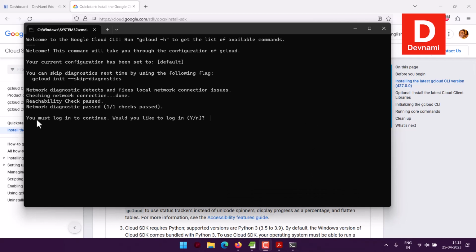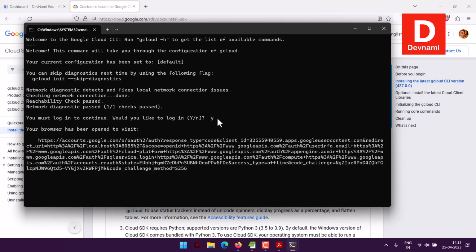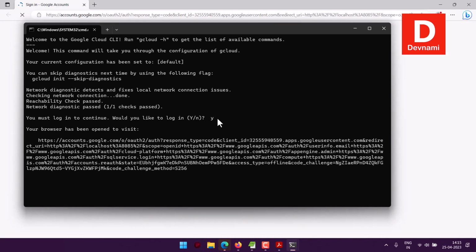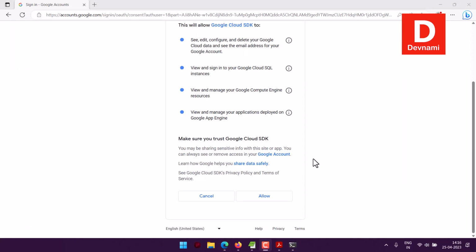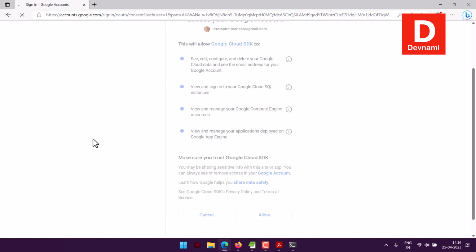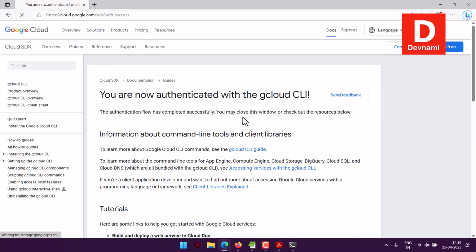Now here it says you must log in to continue. Would you like to log in? Say yes. Right, so let me go there and say yes. So browser has been opened to visit your account, where I will have to, once you log in, it will ask you to trust Google SDK, then click allow. It should take you to,